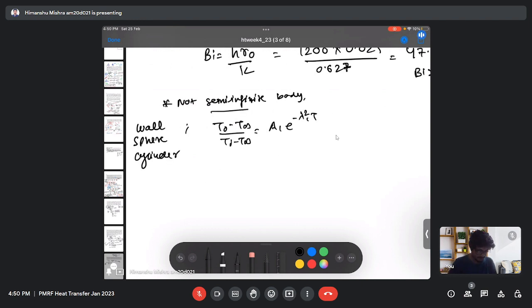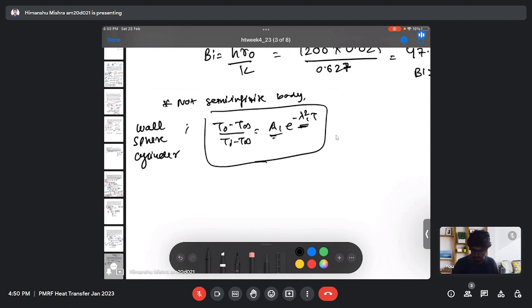This expression is valid for walls, sphere and cylinder. Here A and lambda are coefficients, and you need to determine the values of A and lambda through various charts, given in any textbook. In case it appears in any competitive exam or college exam, they will give some data from the chart to see the A1